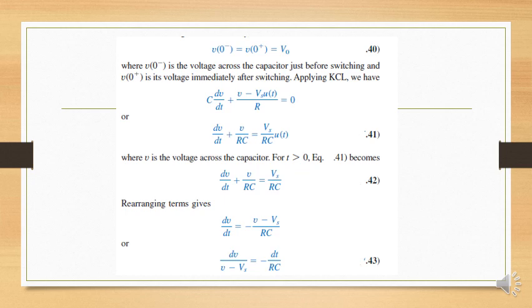As again the voltage cannot change instantaneously in the case of a capacitor, v of 0 is equal to v naught. At t equal to 0, we get whatever voltage was previously stored on the capacitor. It is the voltage across the capacitor just before switching. Either it has a voltage source or not, the voltage just before switching is v of 0 negative, and v of 0 positive is just immediately after we apply the switch, or we change the state of the switch.